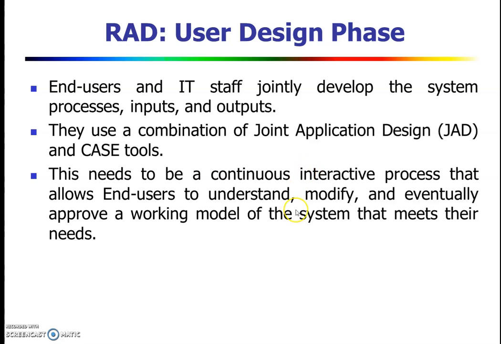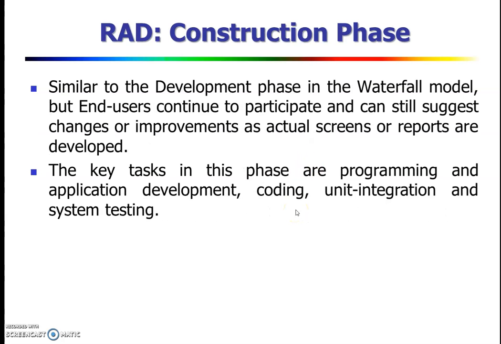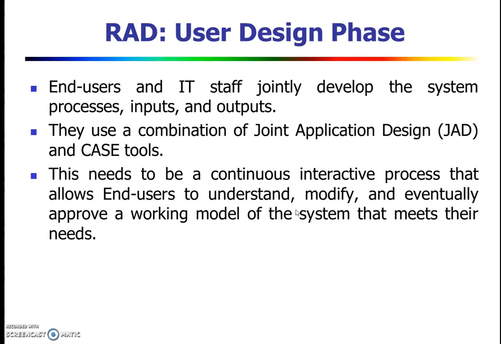This is the RAD model. From the business point of view, in the user design phase, you can use business modeling, data modeling and process modeling. Business modeling includes information flow among the different functions in the project. That is, what information will be produced by each function, and which functions handle that information.